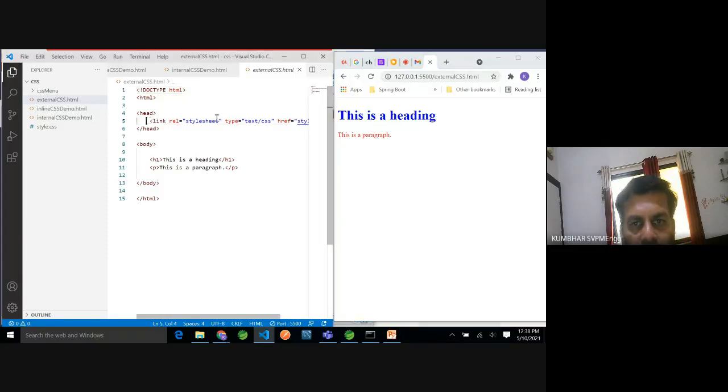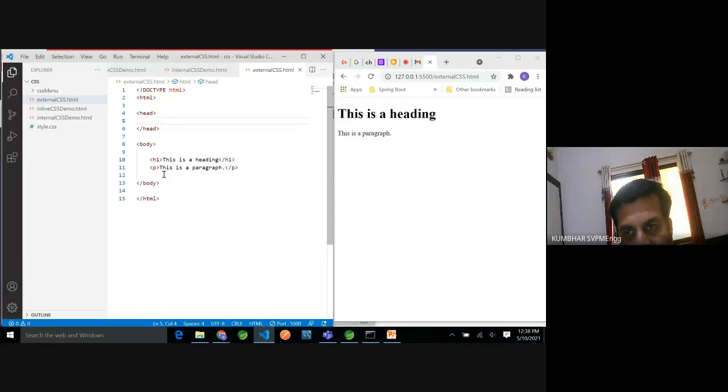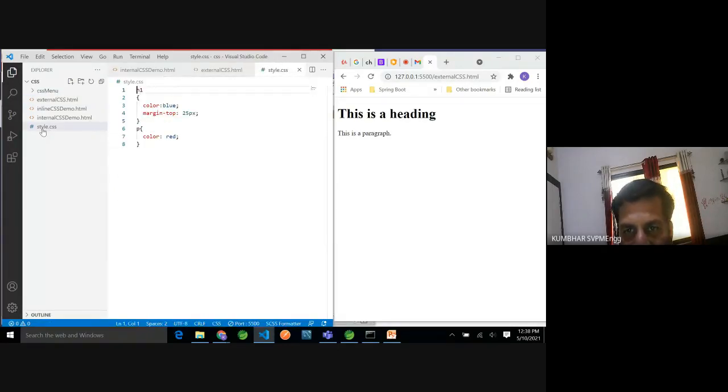Let me remove this. Okay, so now this is my normal text and I want to apply the style externally to this. For that, along with the HTML page, you have to write one CSS file with the extension CSS. You can give any name to that file, but the general convention is to name it style.css. So this is the file style.css.